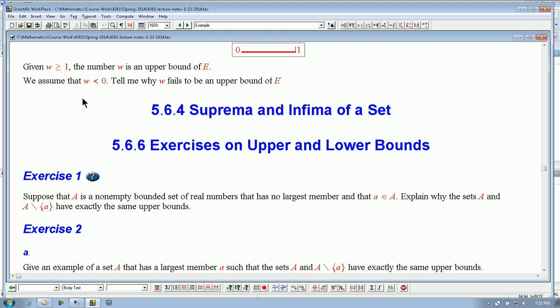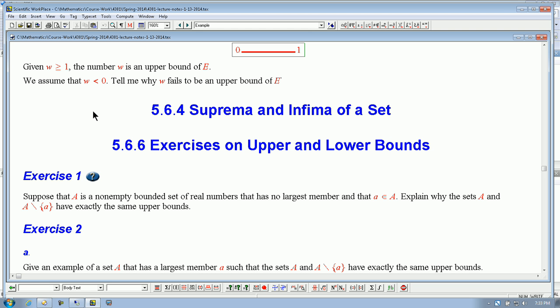W is less than even the smallest element. Yeah, look here. You want to choose a member of the set to get it bigger than W. You're not wrong, but I've got a simpler proof. The number 0 belongs to the set, no? It's bigger than W. So you have it in your pocket, you don't have to do any choosing. I know a member of the set, namely 0, that's bigger than W, so W can't be an upper bound.